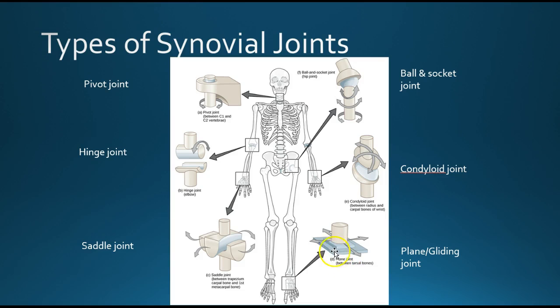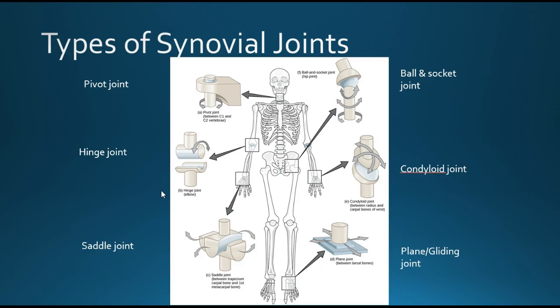We have a plane joint, which has movement again in a number of planes, but an example of that is the tarsals. We have condyloid joint, so for example between the radius and the carpal bones, which allows a bit of twisting. And then we have the ball and socket joint, like in the hip between the pelvis and the head of the femur. So they're the types of synovial joints that might be handy for you to know,